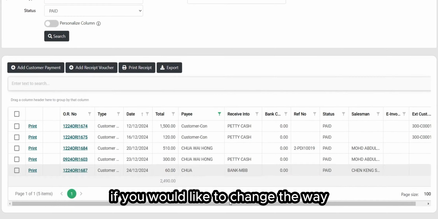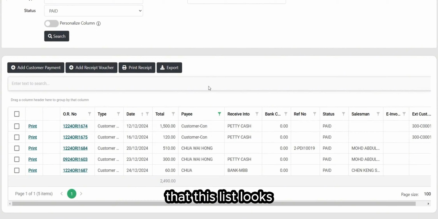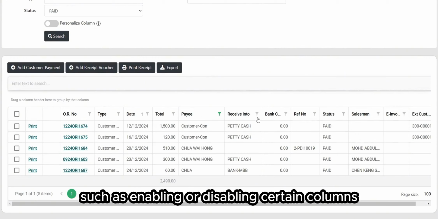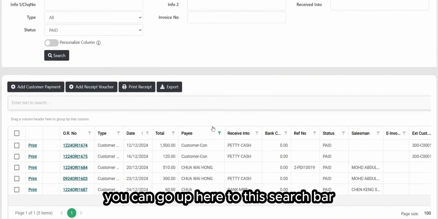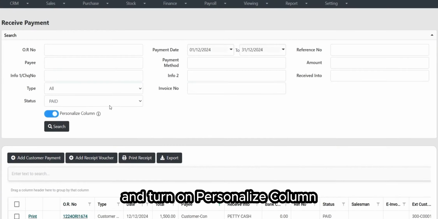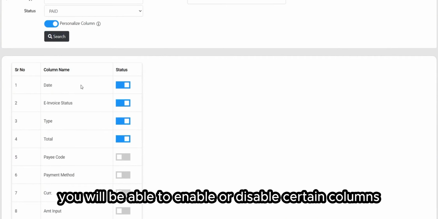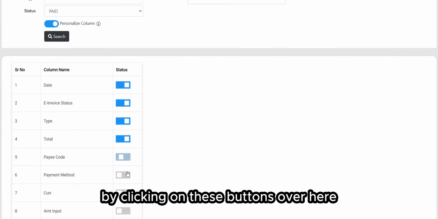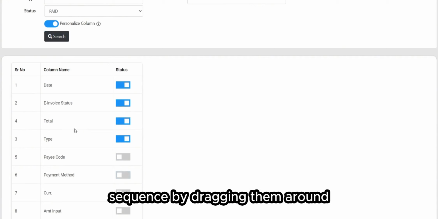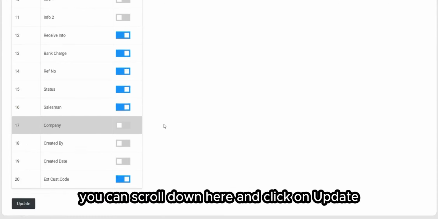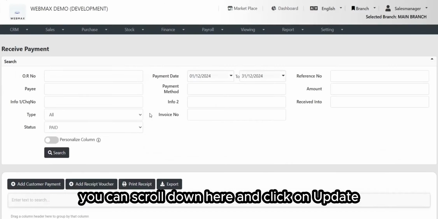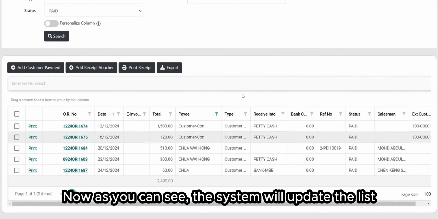Last but not least, if you would like to change the way that this list looks, such as enabling or disabling certain columns or reordering their sequence, you can go up here to this search bar and turn on Personalized Column. Here you will be able to enable or disable certain columns by clicking on these buttons over here. You can also reorder their sequence by dragging them around. So after you're done, you can scroll down here and click on Update. Now as you can see, the system will update the list